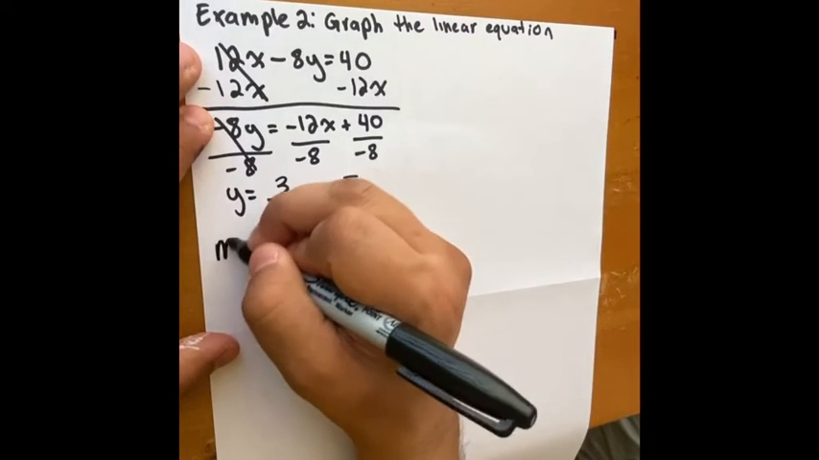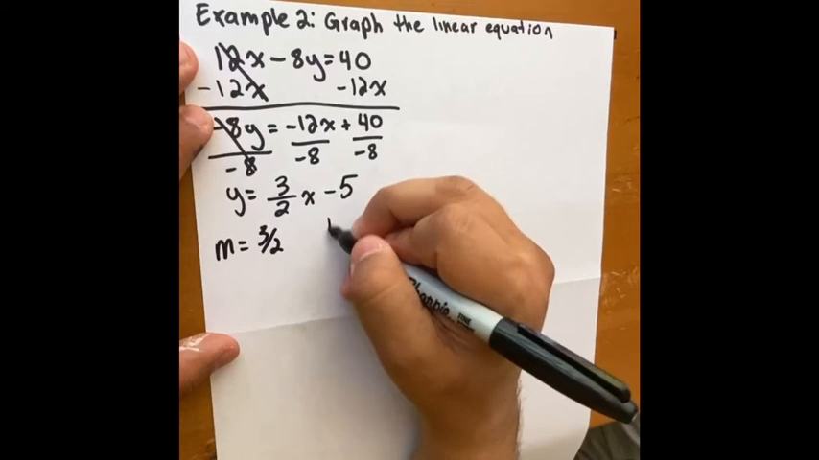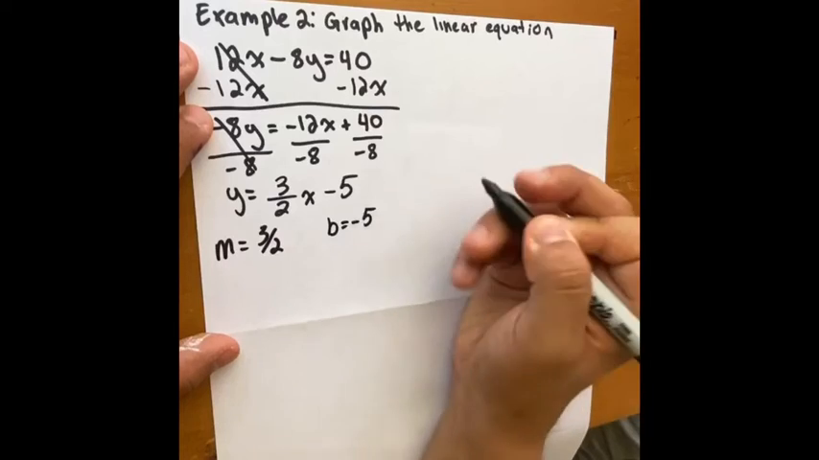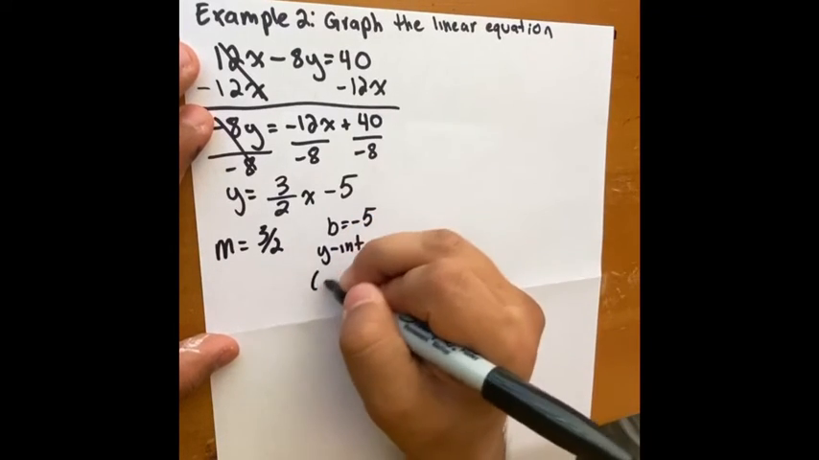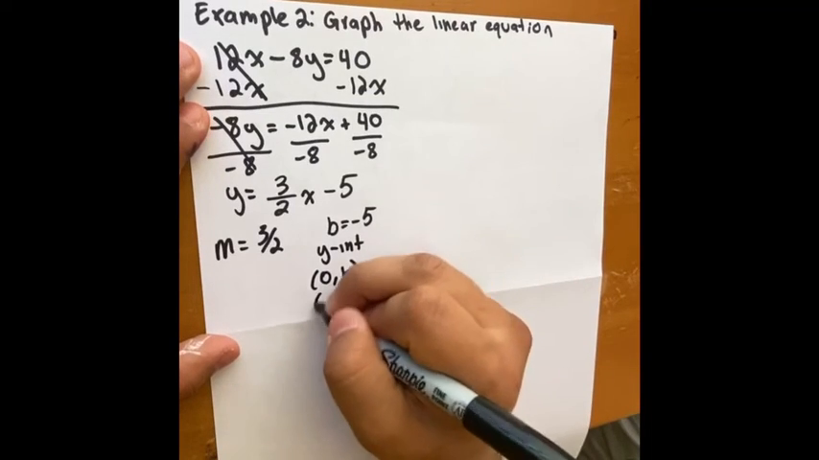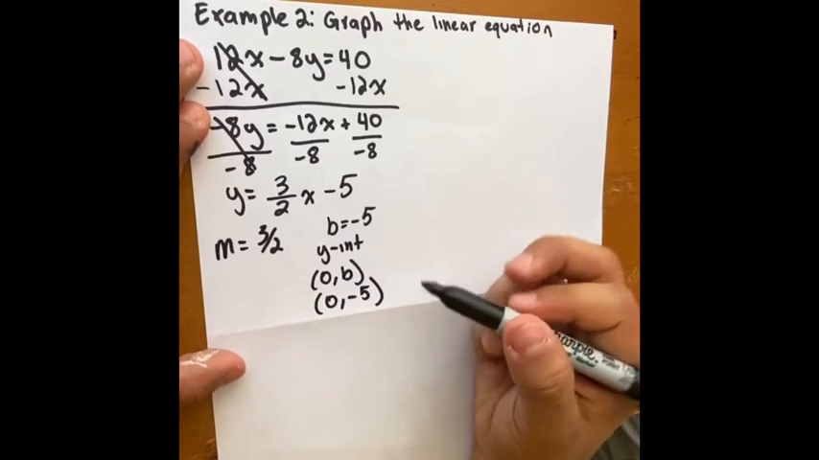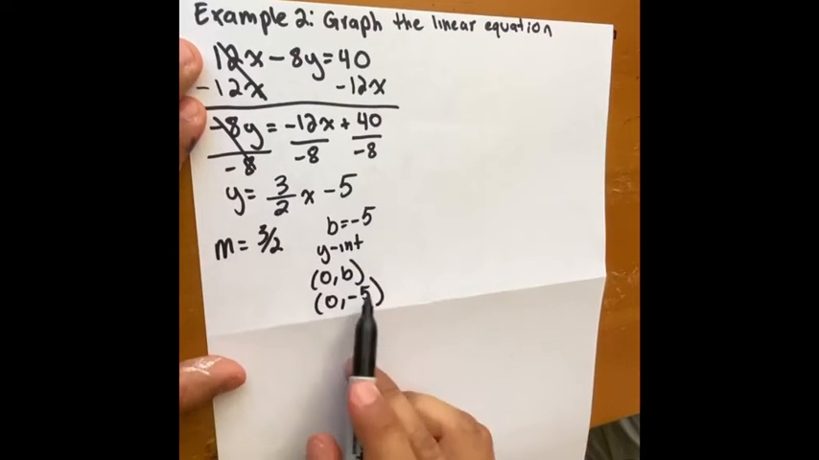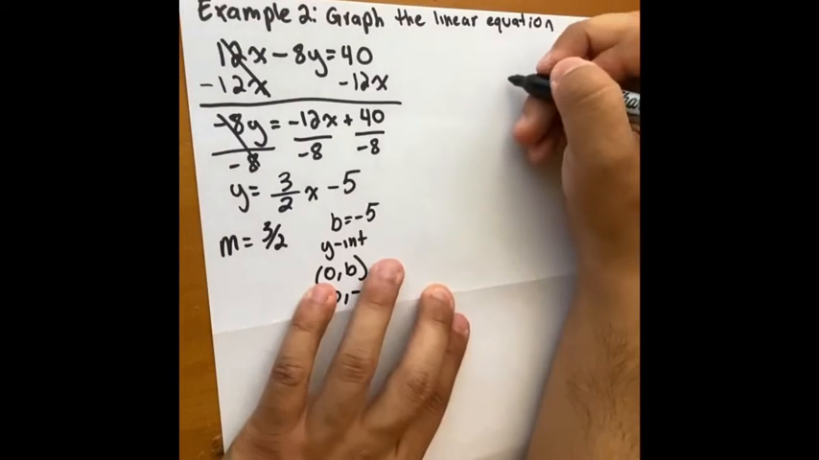So my slope is going to be 3 over 2. It's going to be a positive slope, and my b value is negative 5. So this tells me that my y-intercept is going to be 0, comma b. So my y-intercept is going to be 0, comma negative 5. That's going to be our starting point. So we have our slope and our y-intercept, and I'm going to go ahead and create my coordinate plane